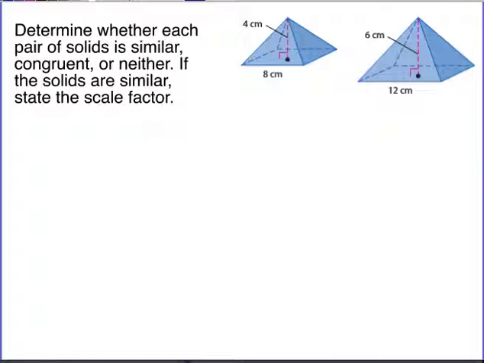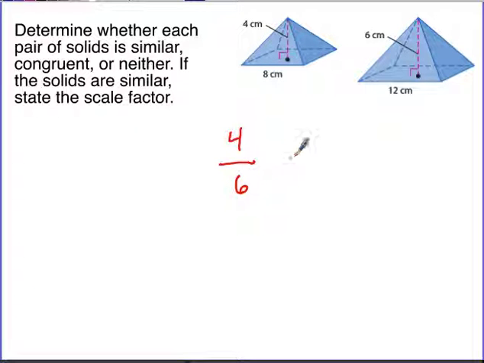Okay, here's our first example. We want to determine whether each pair of solids is similar, congruent, or neither. If they're similar, then we'll state the scale factor. We're going to do several examples of different shapes where we work through this type of problem. So the first thing we need to do is take the linear measure. We can take the height of the small one and put it over the height of the large one,